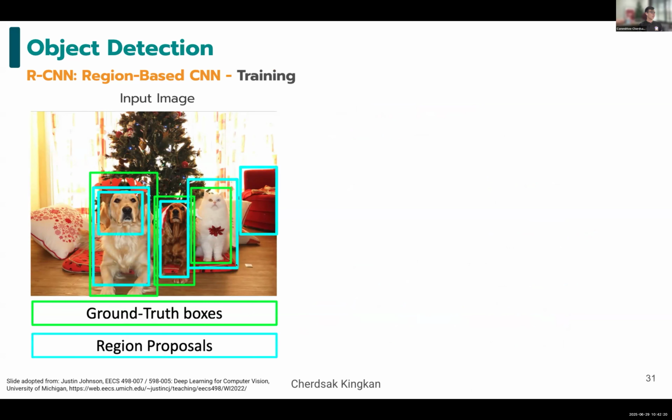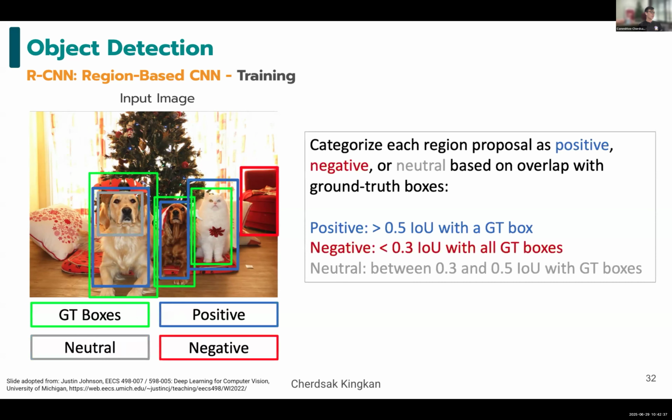Then you run this image with a region proposal method. For example, the bright blue here is the resulting box that you get from a region proposal method. And then you categorize each region proposal as positive, negative, or neutral based on